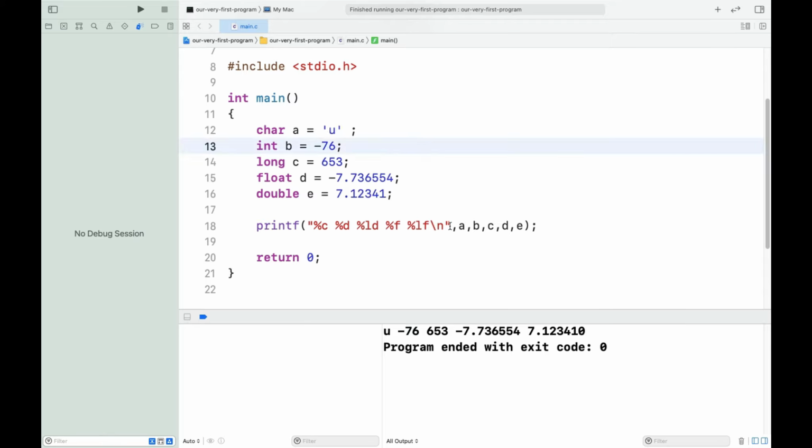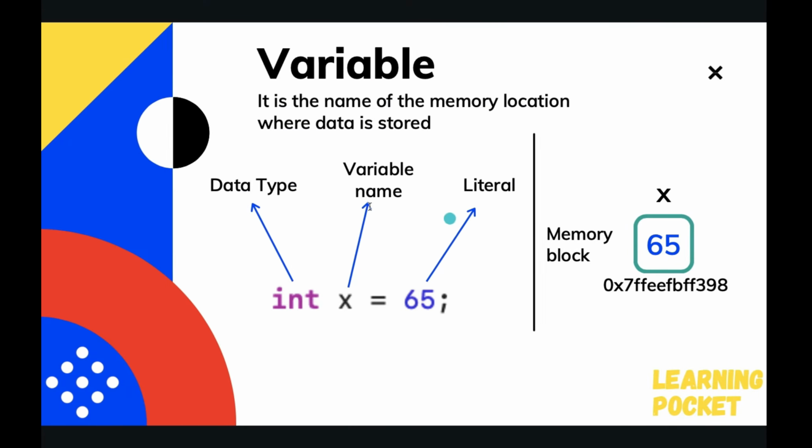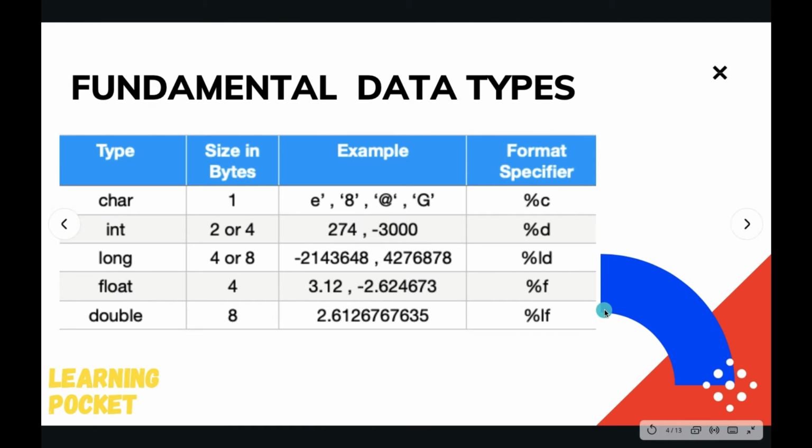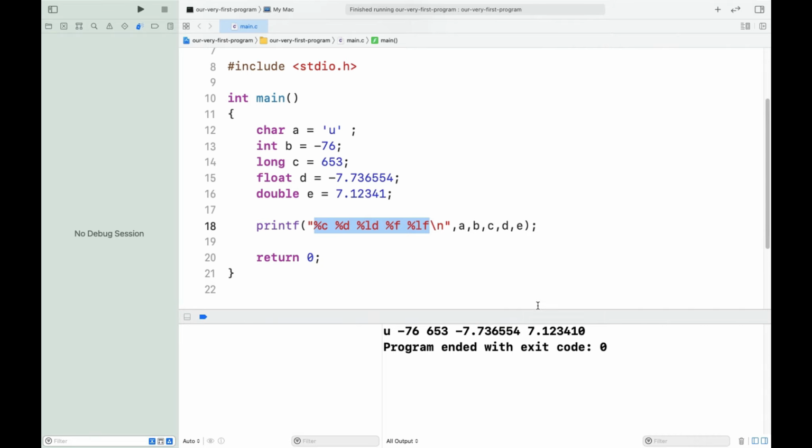I have printed all these values and used their specific format specifier that you can see in this table itself, and we have the output along with that.